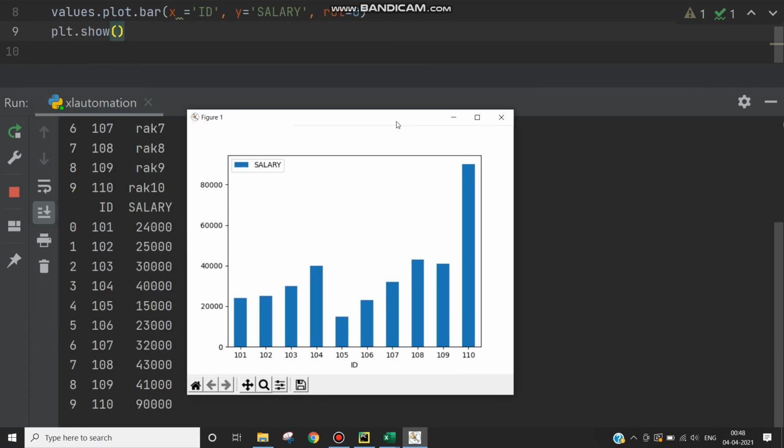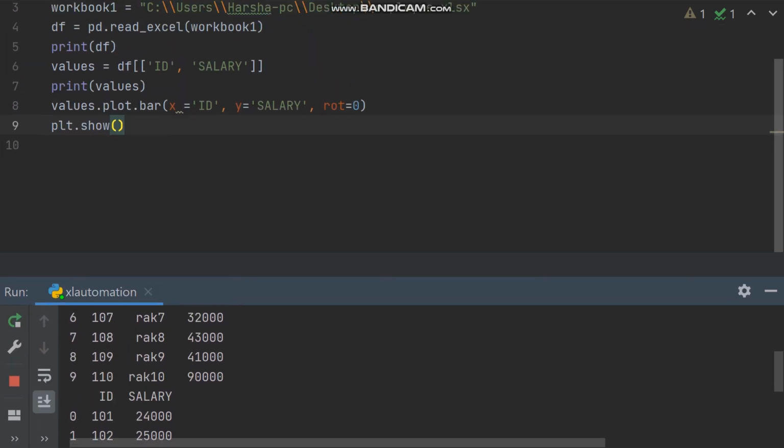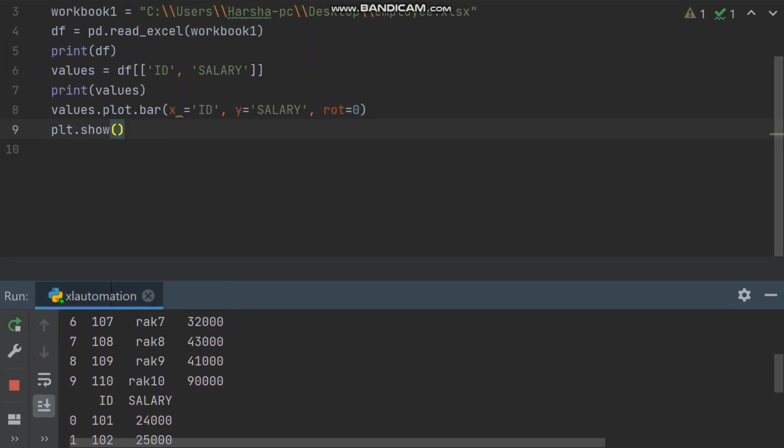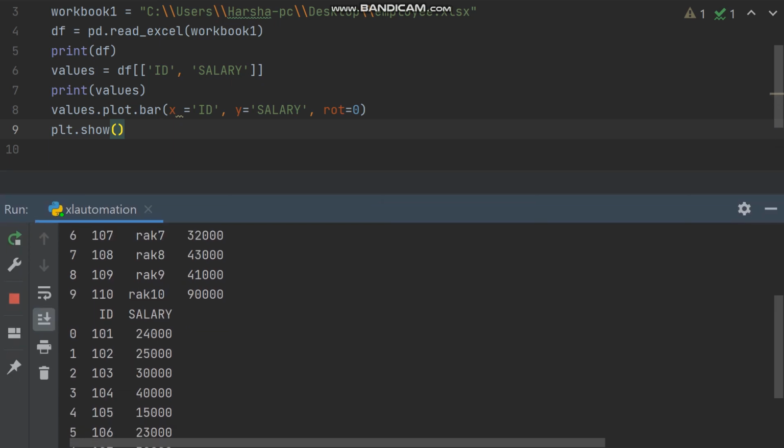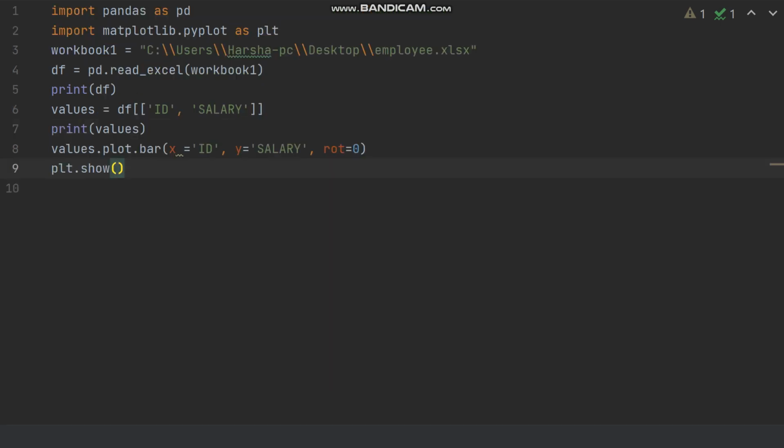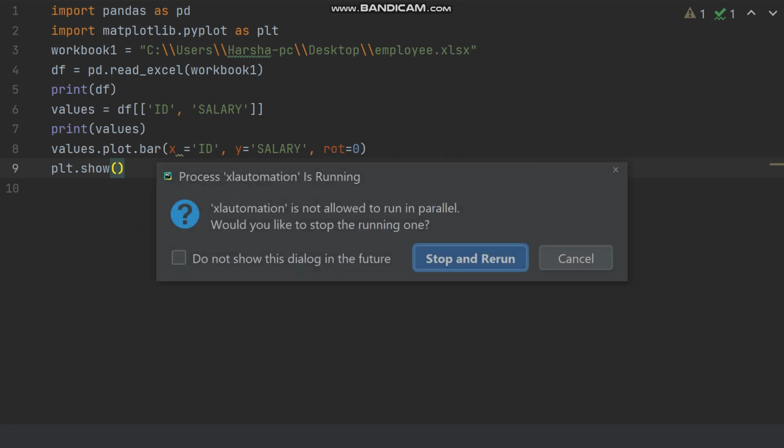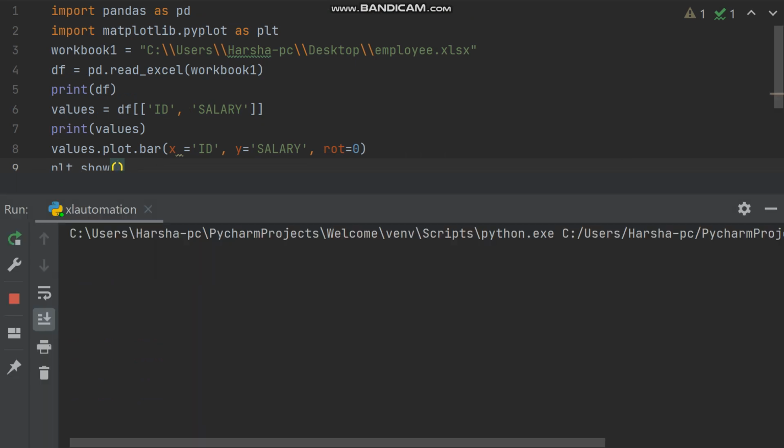This graph is generated by an automation technique. Once again, if you want to see that graph, let's run once again. Alt Shift F10, enter, and then see the graph.